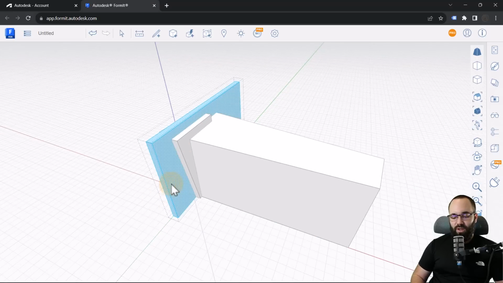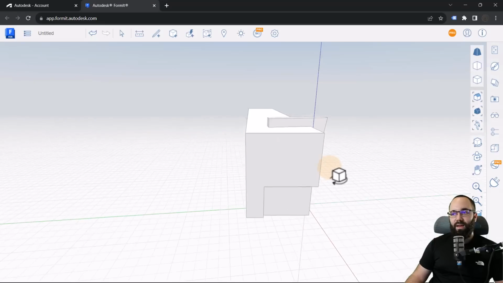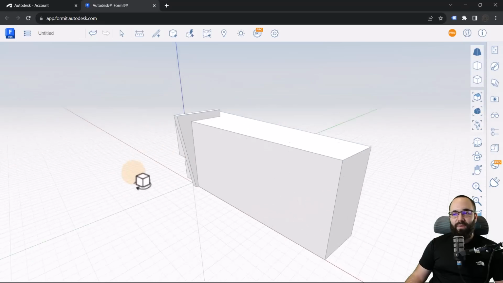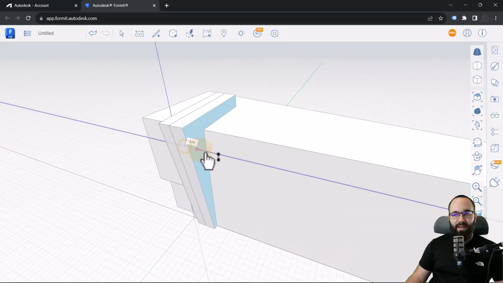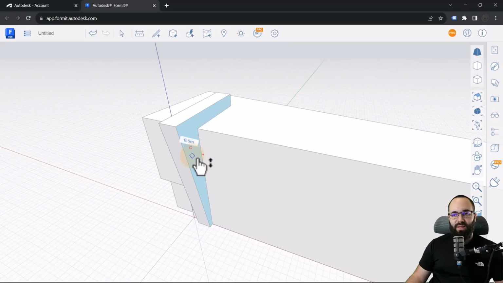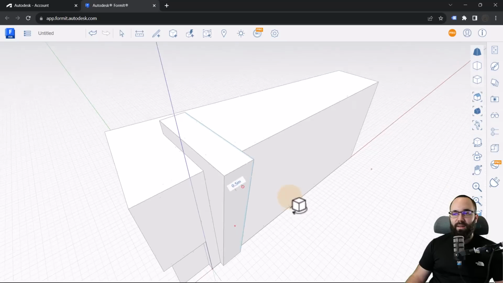Now I can select this shape and hit delete to remove it, and now we have this form here on the edge of the building. Actually, I'm just going to increase the size a little bit, so perhaps, yeah, I'm just eyeballing it here. Yeah, I think this would